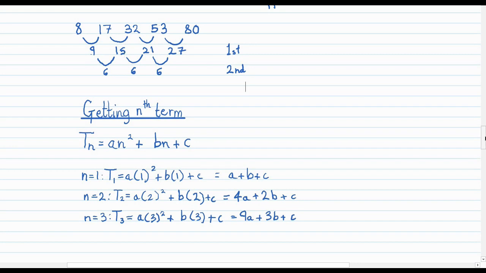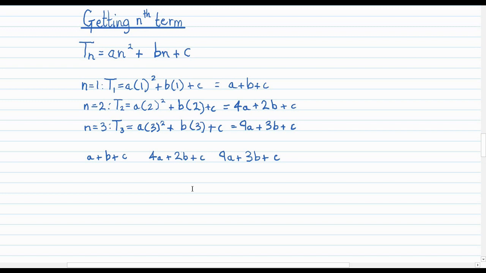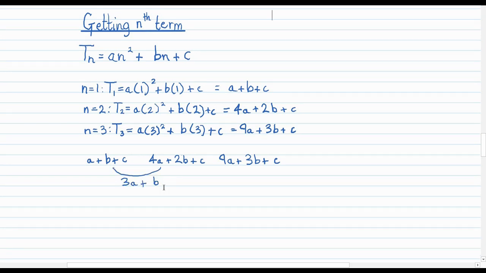this form. So start by writing the three terms like this. Then you need to find their differences. So you say t2 minus t1, giving you the difference as 3a plus b. And when you subtract t2 from t3, you get 5a plus b. So you now have the equations representing the first difference. Then you subtract this term from this term to get your second difference, which gives you